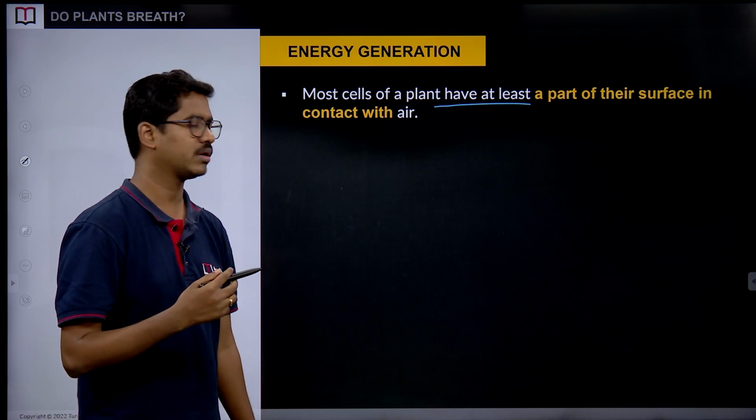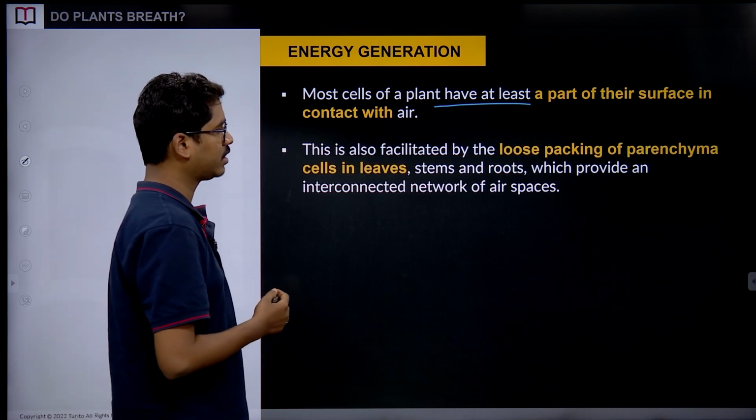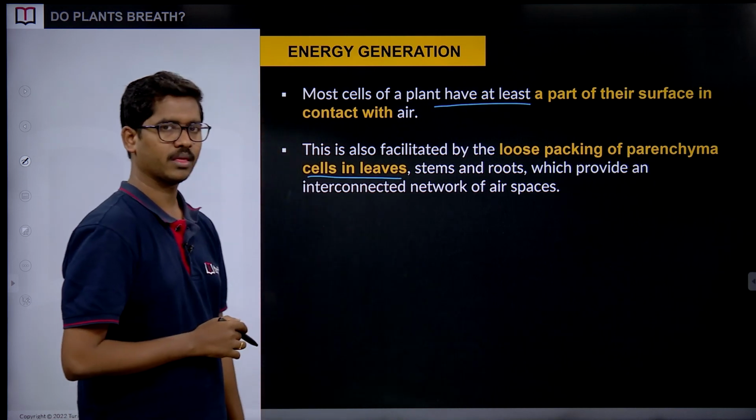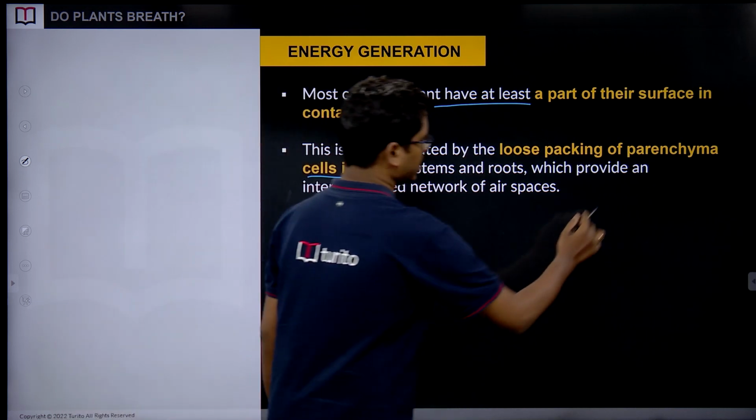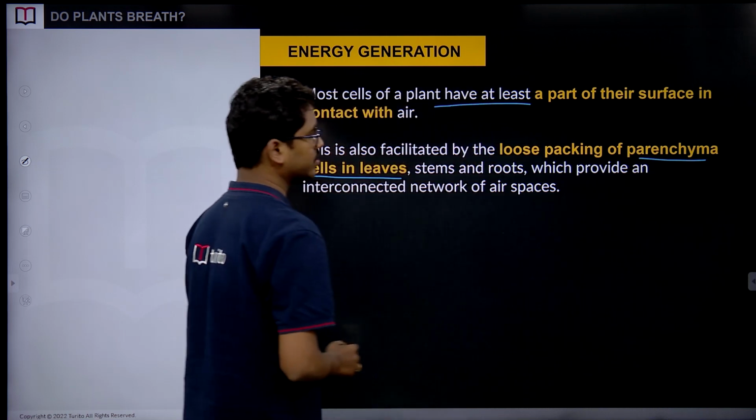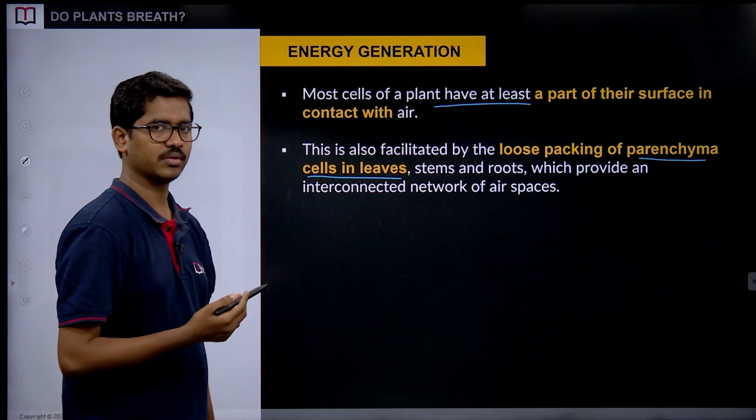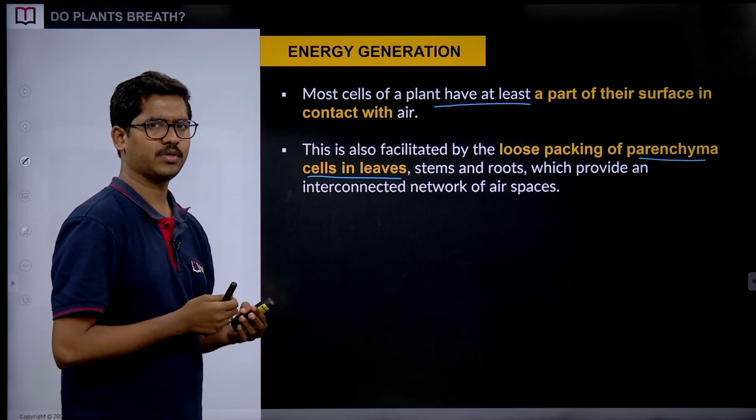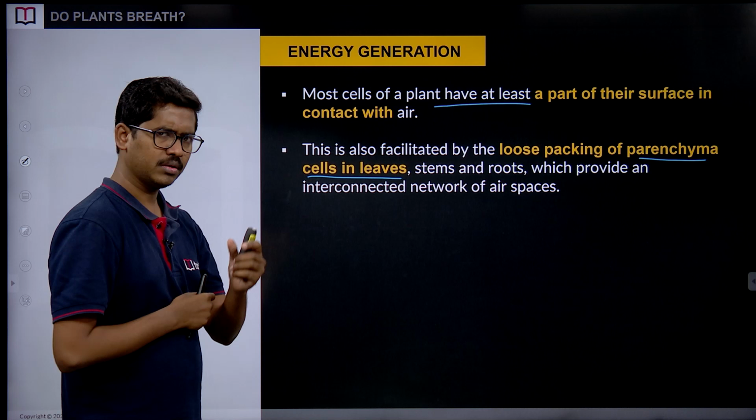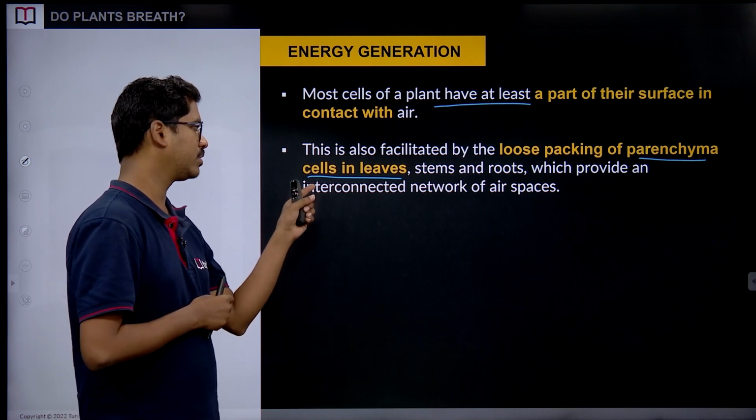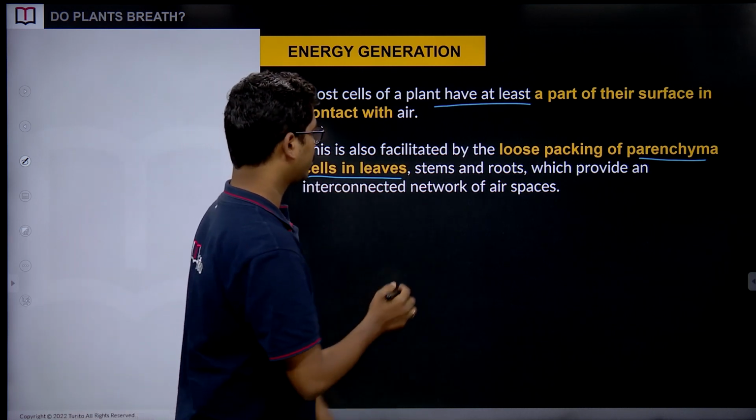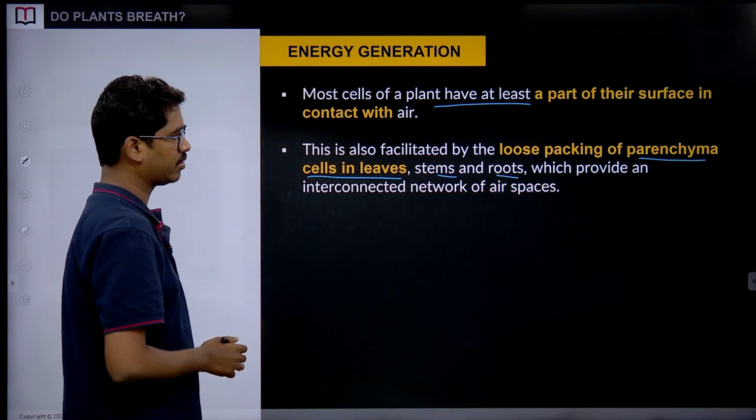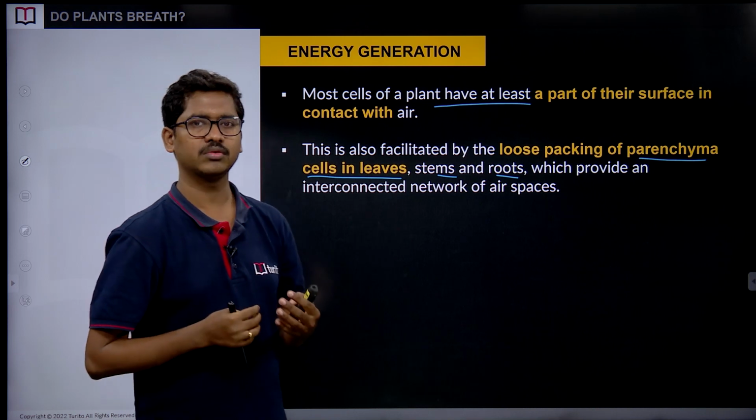So, they must be in contact with air, and this is also facilitated by the loose packing of parenchyma cells in leaves. Hope you understand this parenchyma. It was dealt with in the previous class, that is grade 9th, right. Parenchyma mainly fills up the gaps, but in the case of leaves, at some spaces they are packed loosely. So, apart from stems and roots, which are also interconnected with air spaces, they also allow the exchange